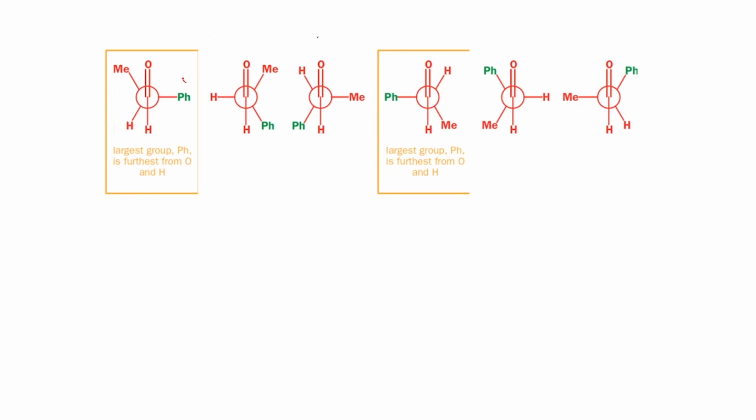So here is the phenyl ring which is perpendicular to the carbonyl. And there are various other, similar conformations. And from this, we deduced that the 2 important ones are the ones where the largest group is furthest from the carbonyl. So it's important to note in this model that, just to understand this whole framework under